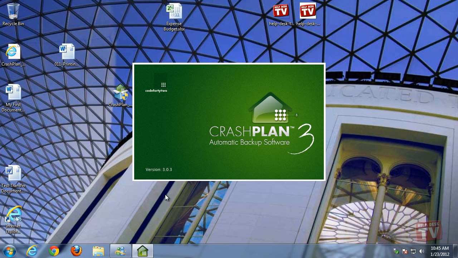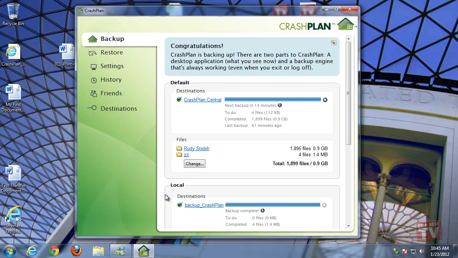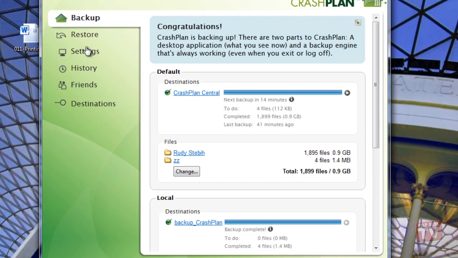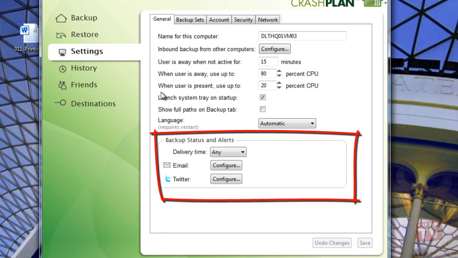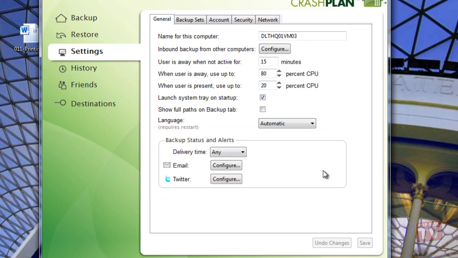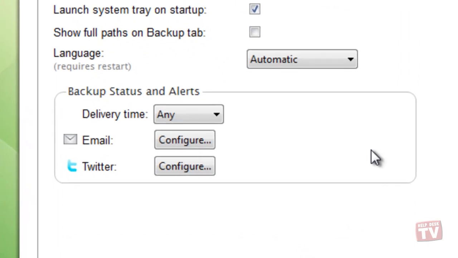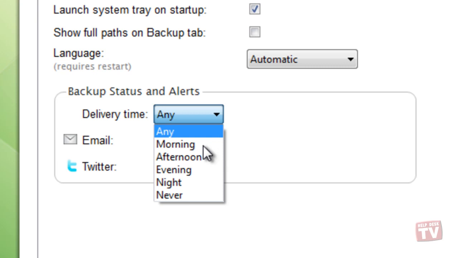From the main CrashPlan menu, select the Settings menu, and under the General tab, you will see the Backup Status and Alerts panel. Here is where you set how often you will be notified of backup stats. First, by clicking the Delivery Time drop-down, you can select when you can be contacted.